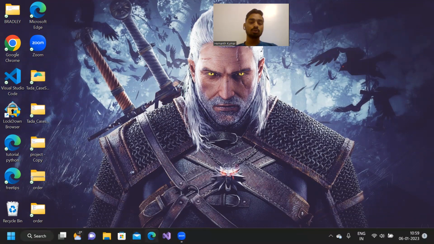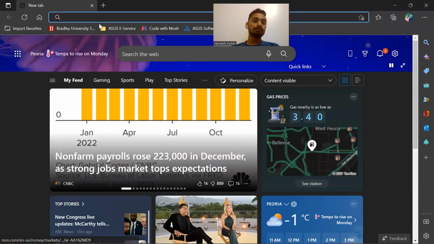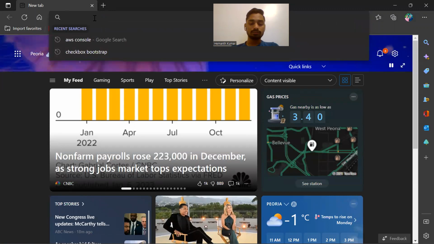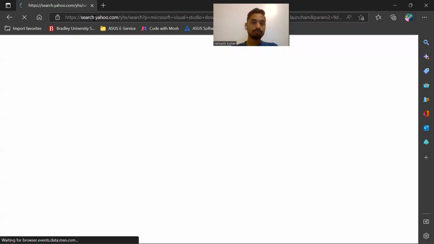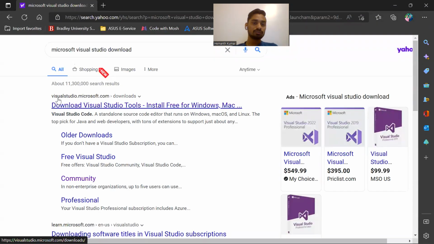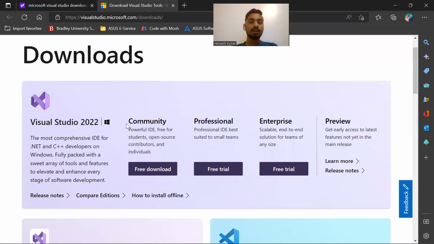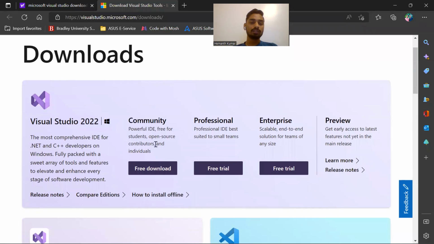Okay, firstly, go to your browser and simply write Microsoft Visual Studio download. After that, you see this first link, visualstudio.microsoft.com. Click on that and click on community. This is the free one. We don't need to pay for this, and click on free download so that the Microsoft Visual Studio will be